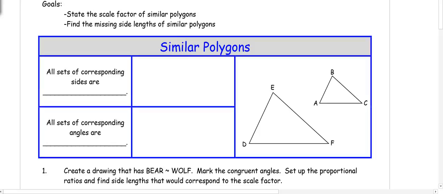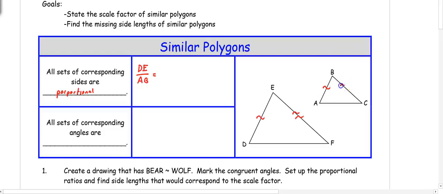This video is about seeing the scale factor of similar polygons and finding missing side lengths of similar polygons. So a similar polygon, remember, has all sides that are proportional. So for example, we would have DE is similar to AB, so we have DE over AB, which has to